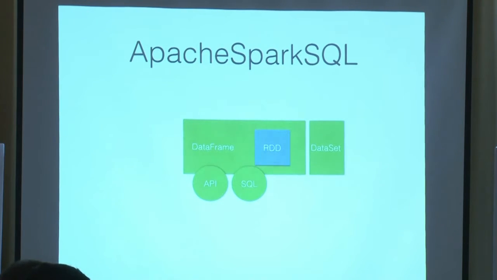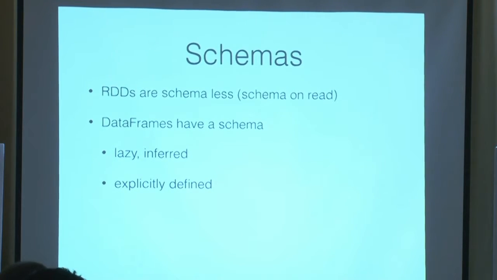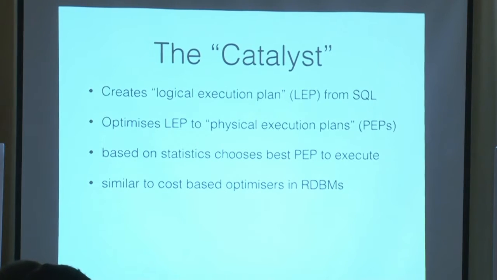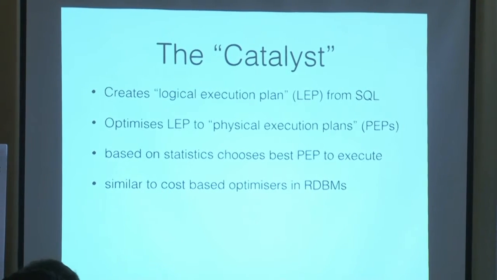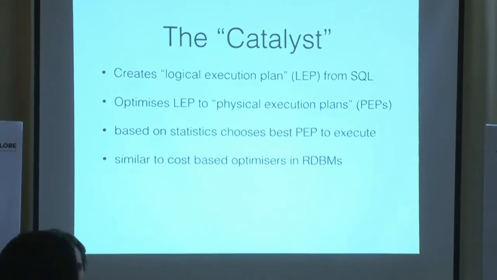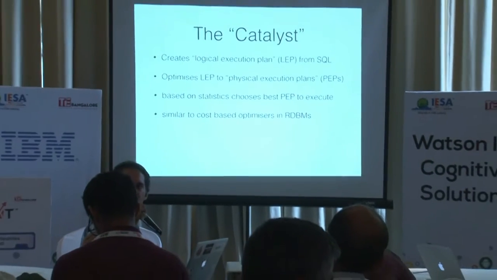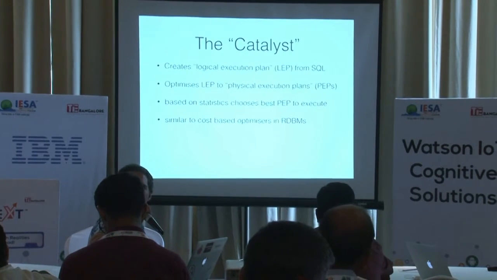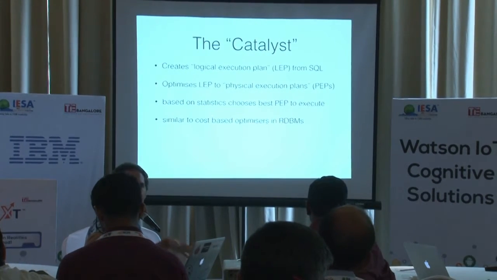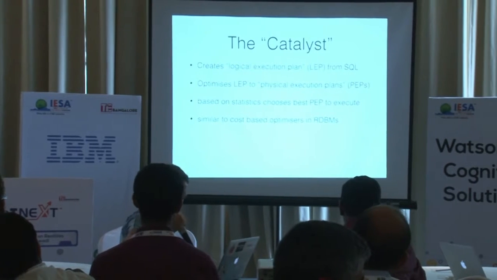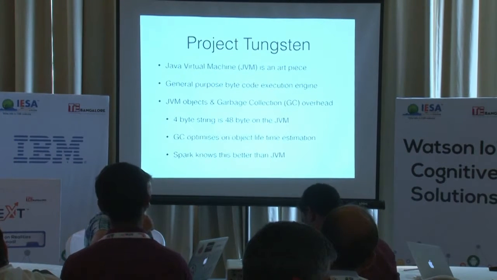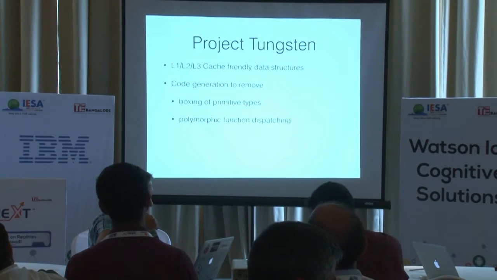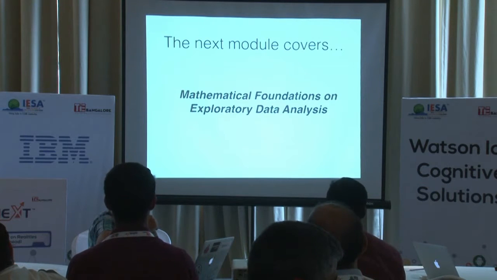There's dataset, I won't cover that, it only works with Scala and Java. So the thing is, those executions are optimized based on statistics. It basically works somehow like a relational database engine. But you can have a petabyte of data and 100 servers, and you still have the benefits of a relational database engine for analytics workflows. So I will just skip the details here and